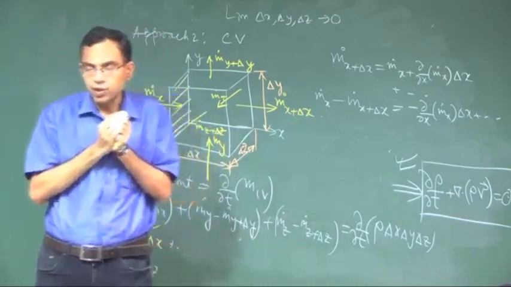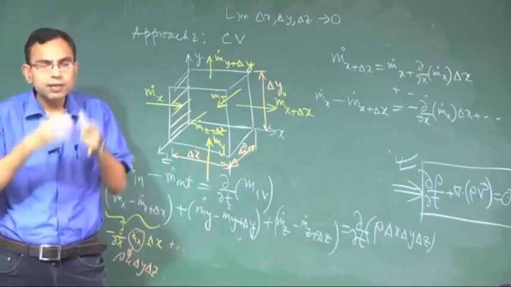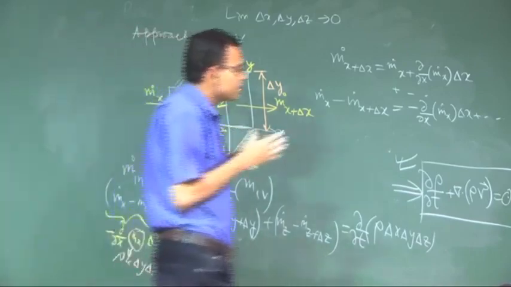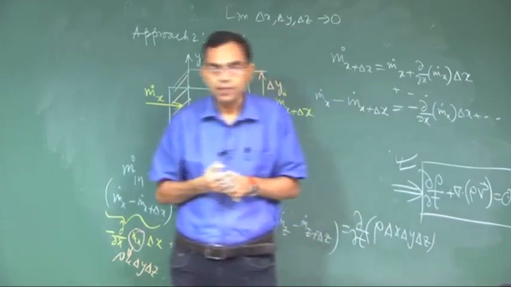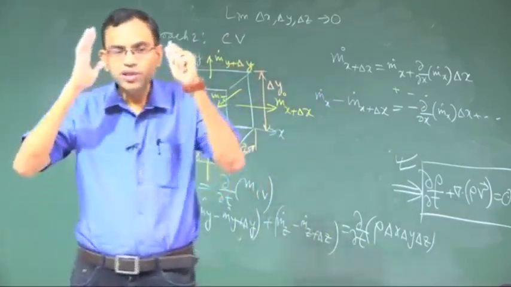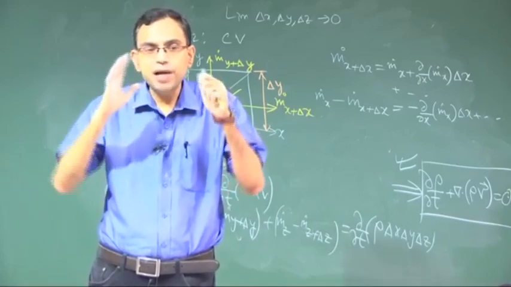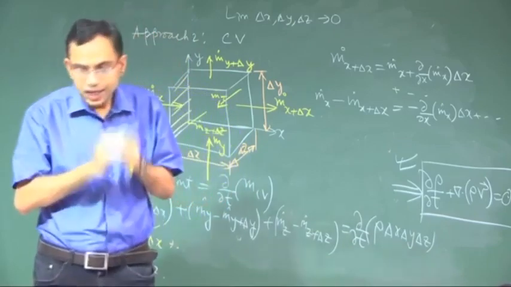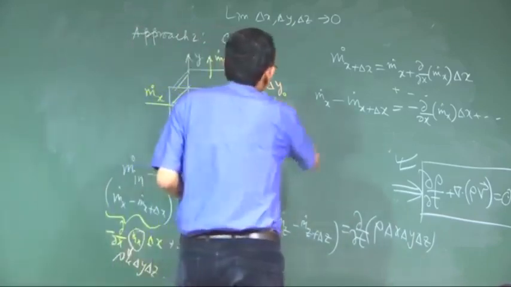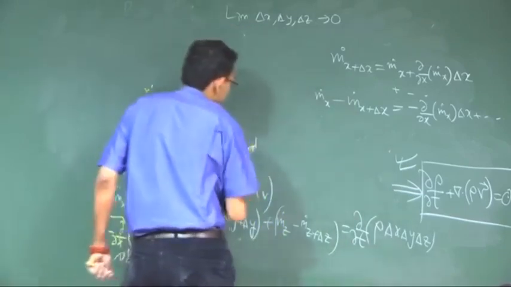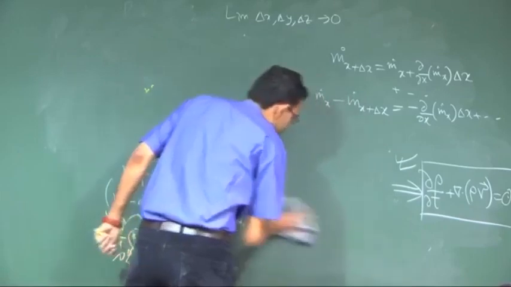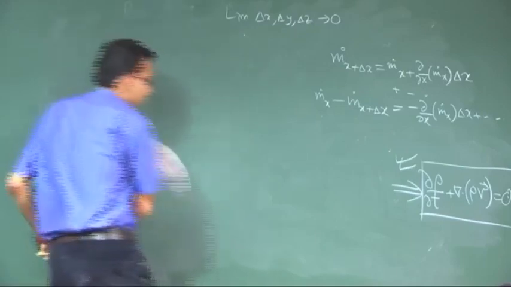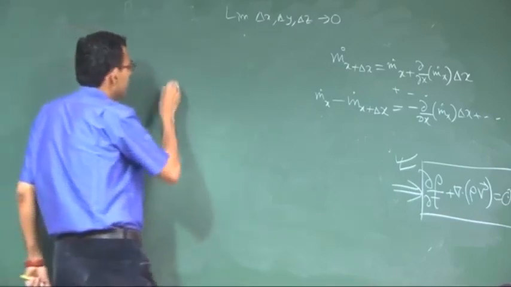The next concept with which we will wind up today is the most important concept: what is special about incompressible flow. We have a notion in our mind, a mental block or prejudice, that incompressible flow means density equal to constant. Let us look into that more carefully. Incompressible flow, that special case we will discuss for about 2 minutes or so and then we will call it a day.